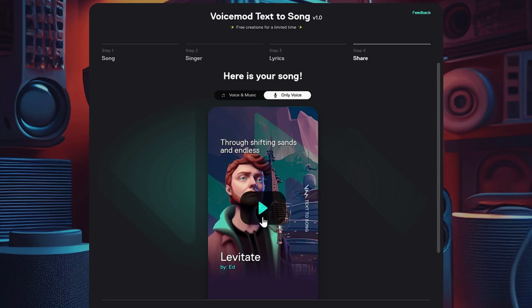and play the song. Through shifting sands and endless skies, with every fall we learn to rise. Life or rhythm lost and found in its